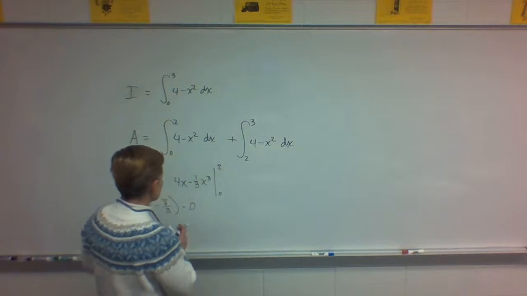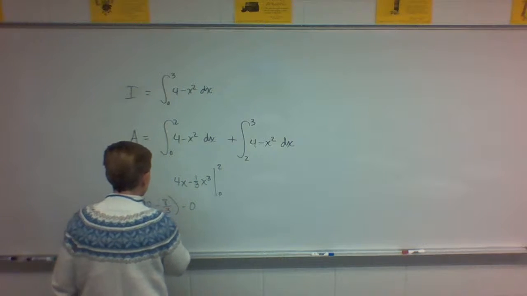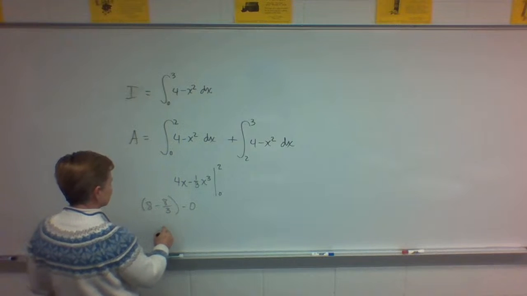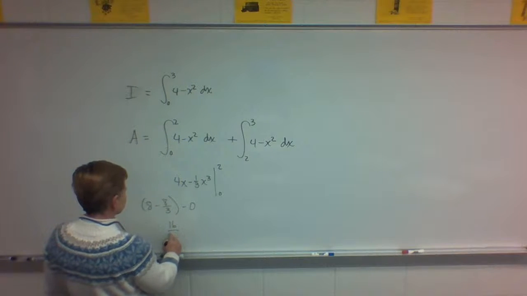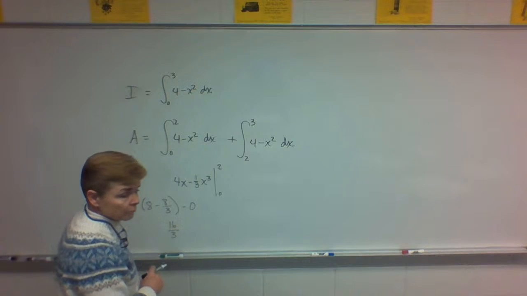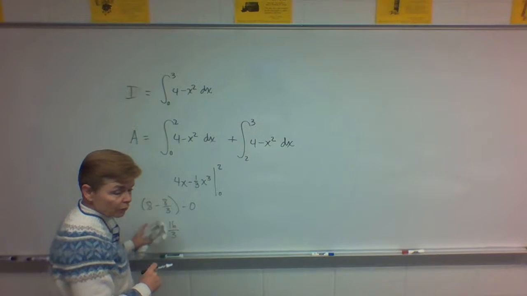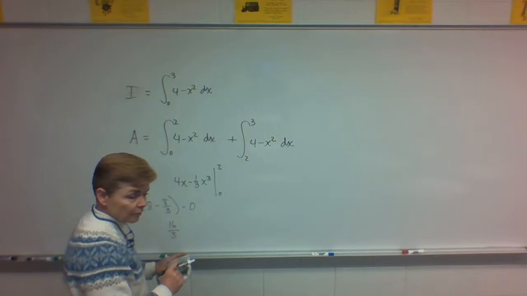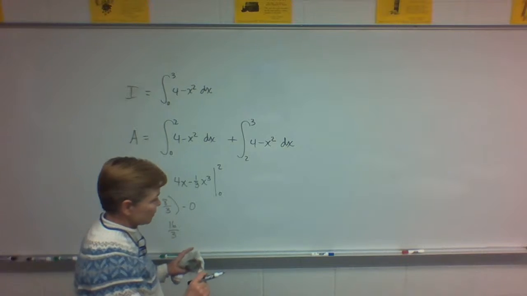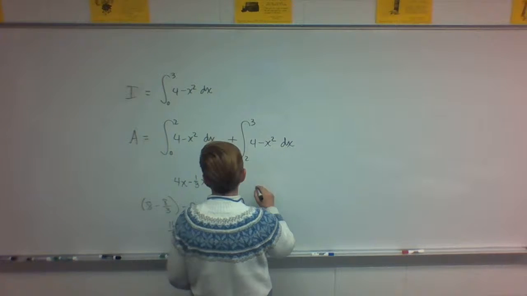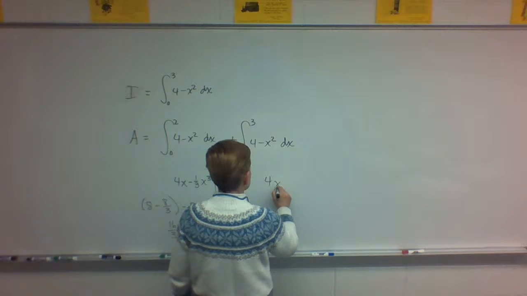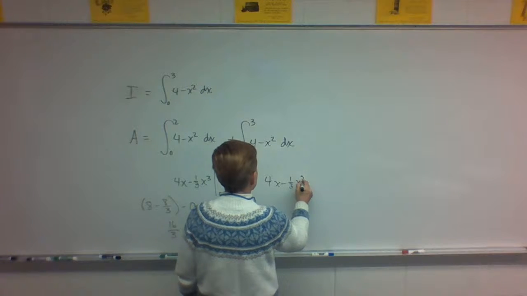So in this case, it turns out to be 0. So I'm going to end up with 24/3 minus 8/3 is 16/3 for that one. You agree? I guess, yeah. 24 minus 8, 16? Yeah, okay. I just didn't do that in my head. Okay, are we good? Okay, so this one is the exact same antiderivative, 4x minus 1/3 x cubed, evaluated from